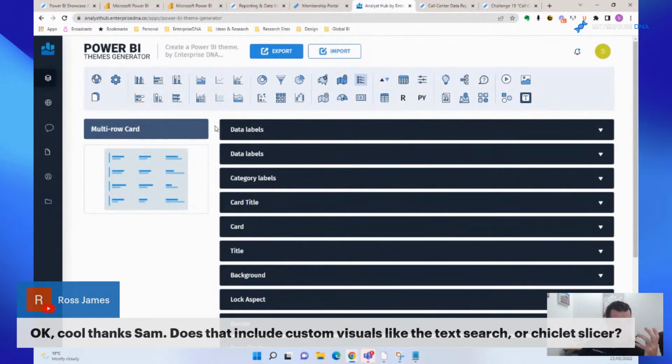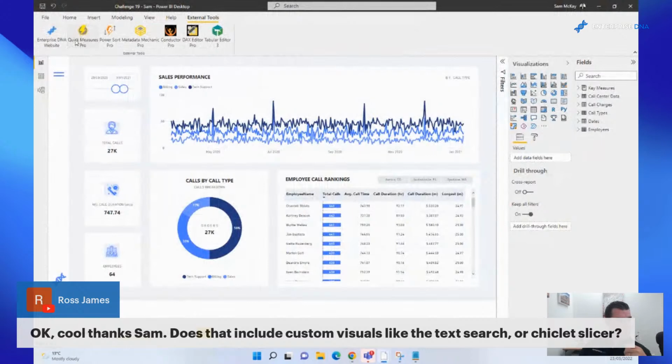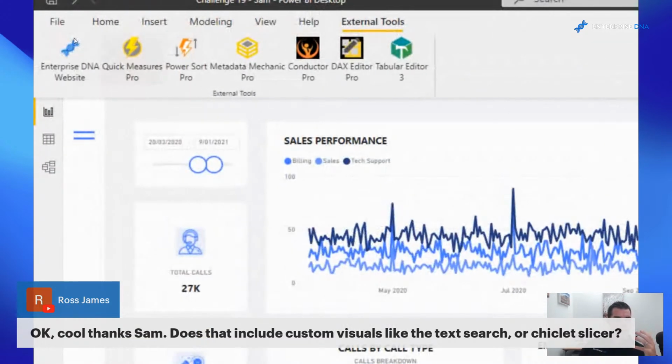One of the things that I always want to do is have much less clicks in any of my developments. I don't want to be clicking much at all. I want to be automating my measure creation, with some tools that we've got. Many of you might be aware that we've got a whole range of external tools that we've developed recently. Quick Measures Pro enables us to really create measures fast.